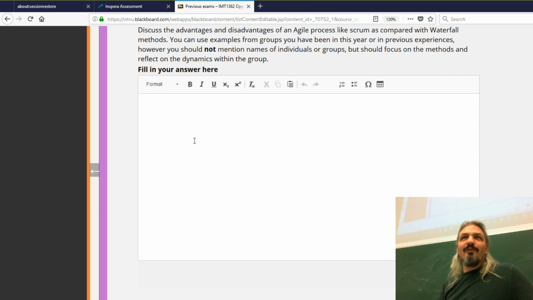This exam is answered in English. I don't think we have the option. We've not had anybody request to answer the exam in Norwegian. I'm not sure, I'd have to check the new regulations, if you have the right to demand to be able to answer the exam in Norwegian. The course has been taught in English, so English would be the normal way we would answer it.